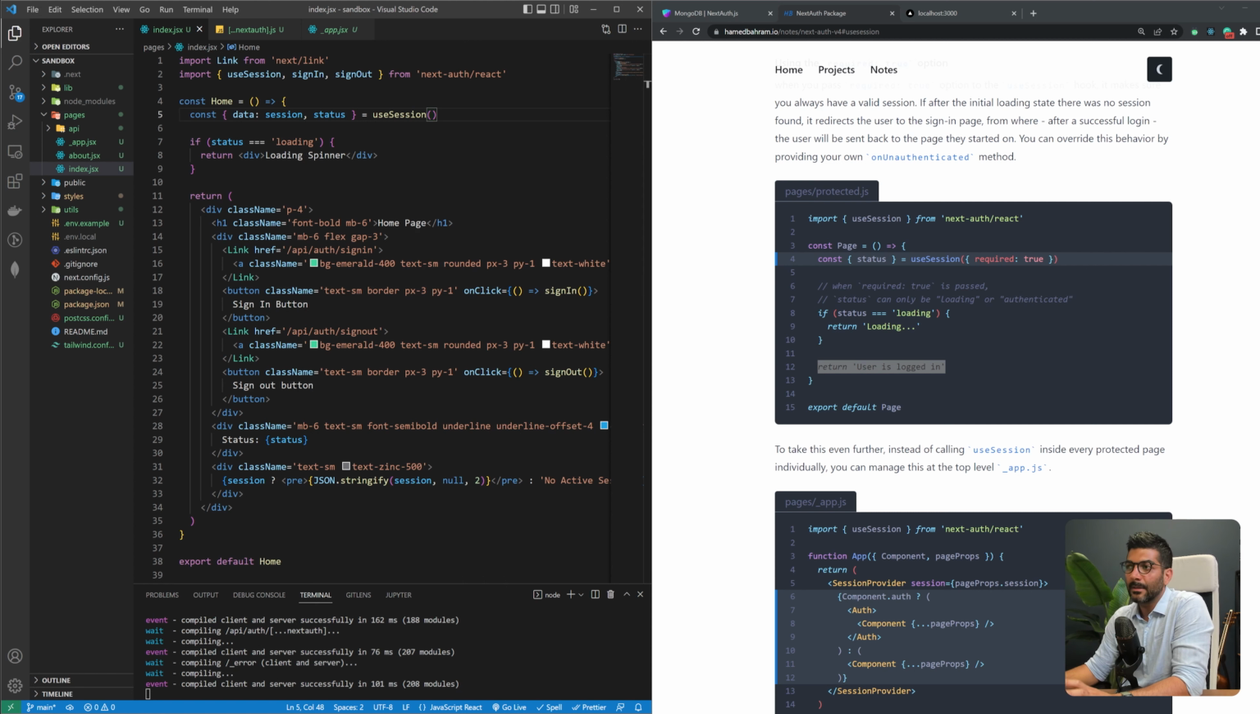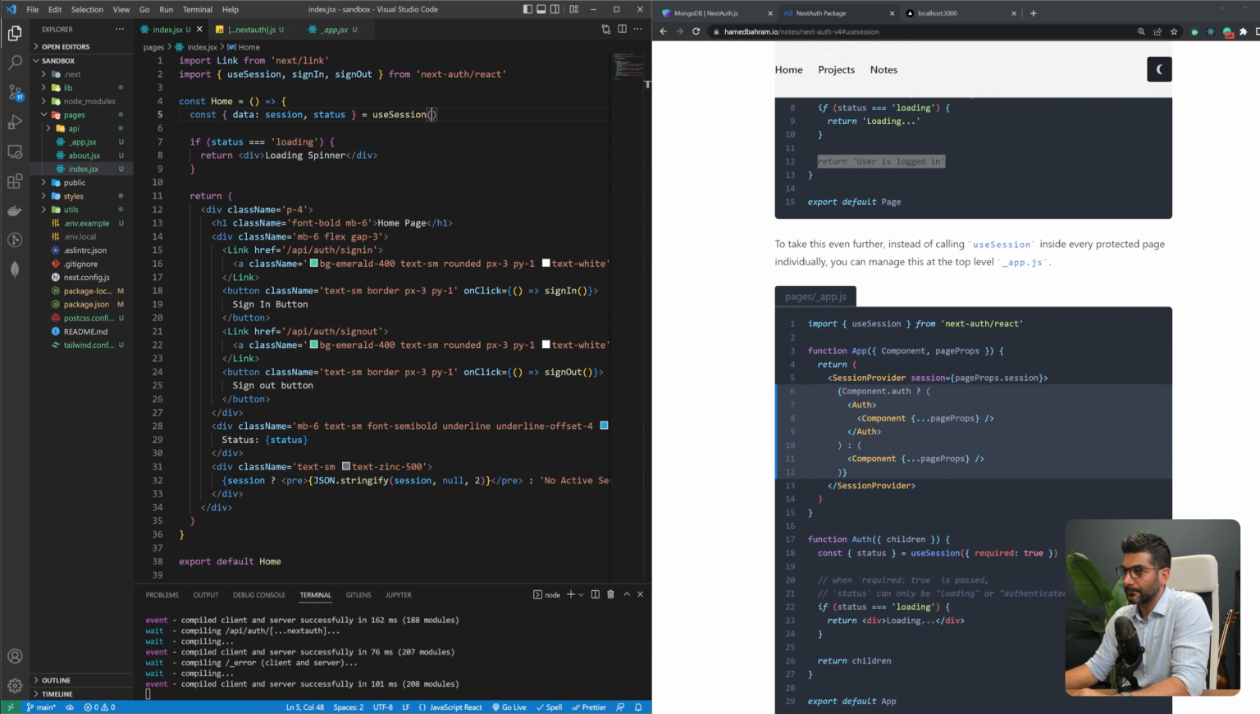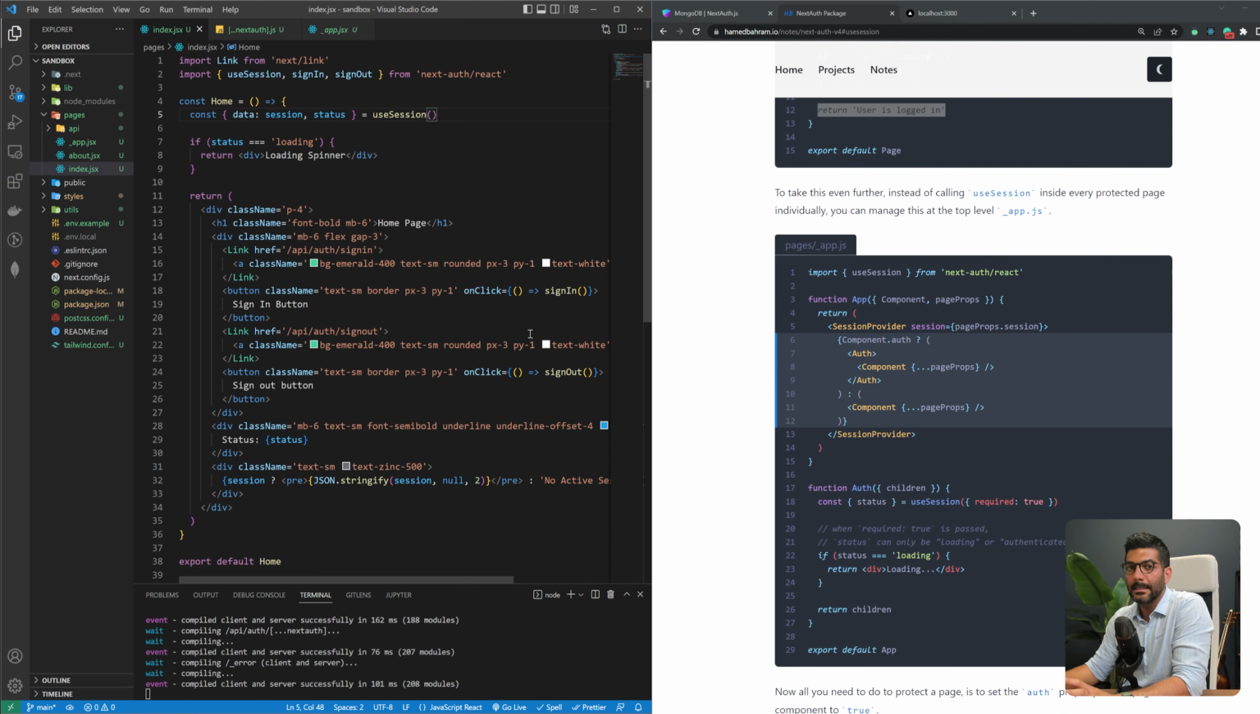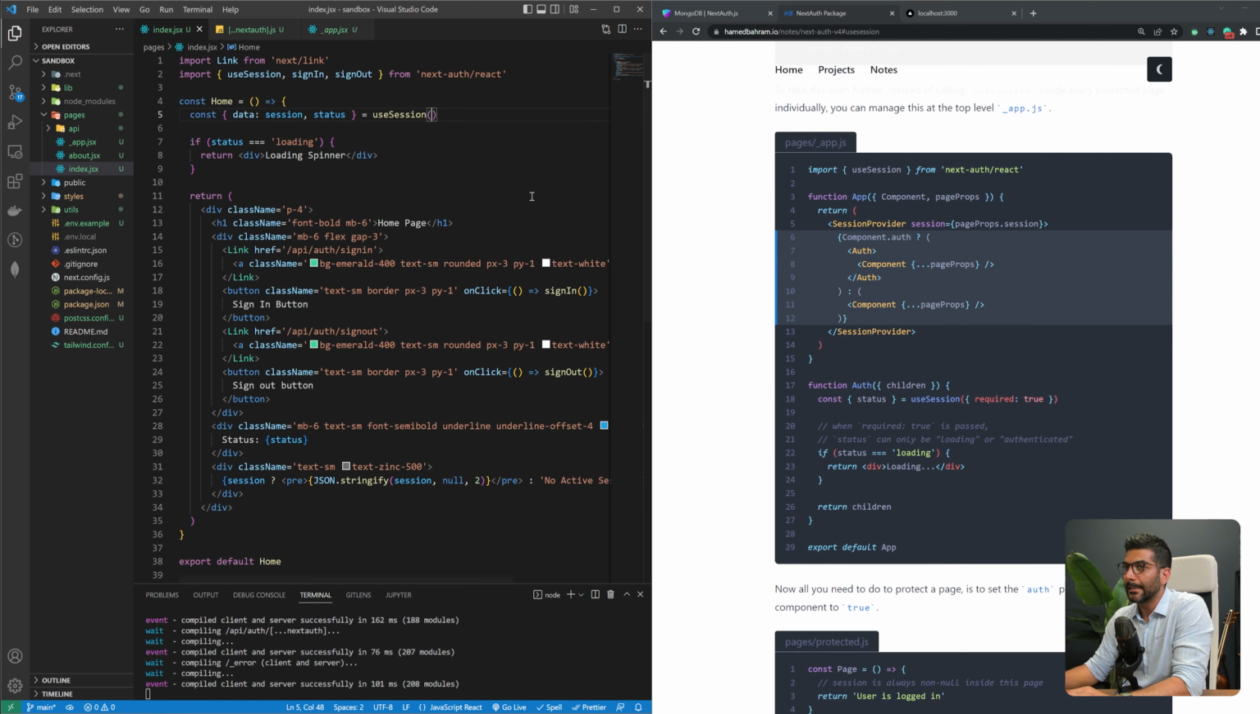Now, you can take this a bit further by making it easier to protect any page on your application, and I'm going to explain it here. You can also read through the notes. It's just using an extra component to make protecting your pages easier. And the way that it is implemented is, instead of calling the use session hook on every page that we want to protect, what if we create an auth component, call this hook there, and set the required to true,